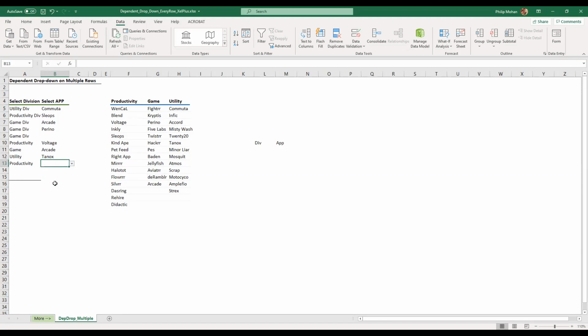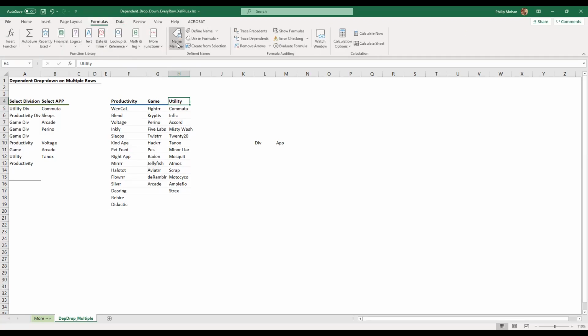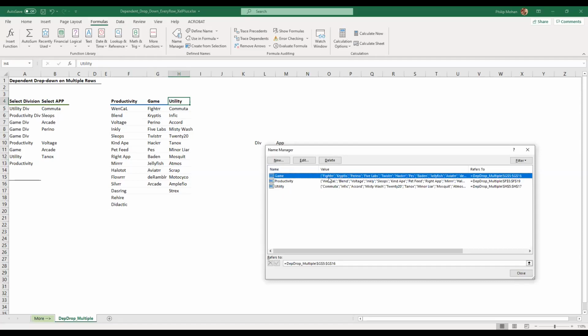Okay. So how that is doing that is by going to the name. I gave it the name productivity, game, and utility. And under that name, it has got the list. The details are already there. If you go to review, formula, name manager, see, it's got the game refers to this particular range, G5 to G16.